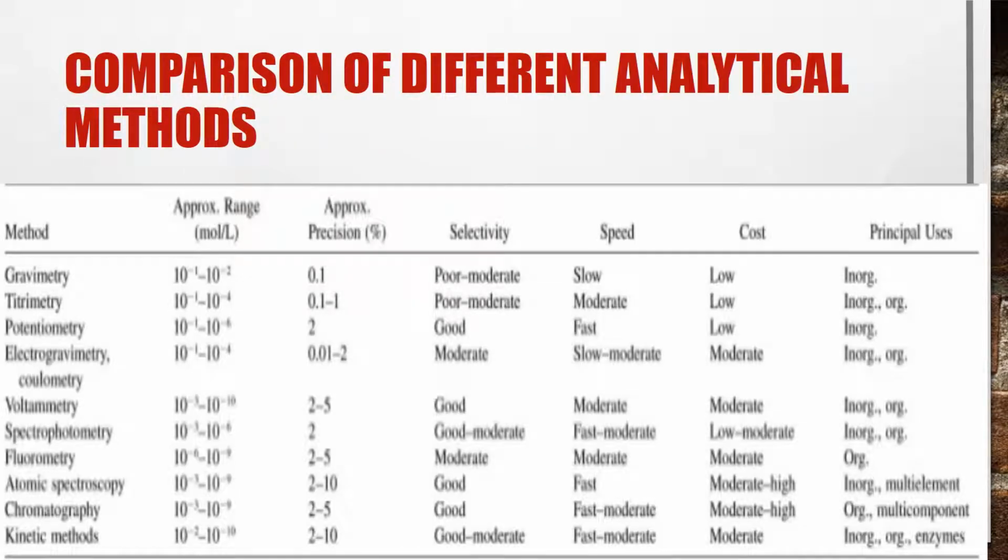When choosing a method to analyze a substance, you must ask yourself a number of questions. To what sensitivity do I need my results? What range are my results going to be in? What are my resources regarding time and money, or which instruments are already available? Which methods are appropriate for the type of chemical I am analyzing? This table is a rough guideline which will help choosing a method.